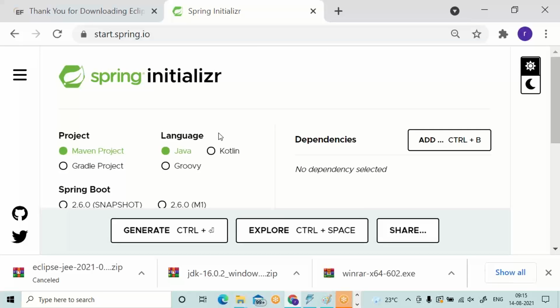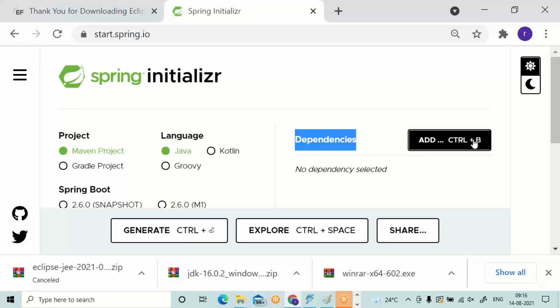On the right side, dependencies. We need the REST web service dependency. We are trying to develop a Spring Boot application to develop REST web services. For REST web services, there is one dependency. You need to choose that dependency.